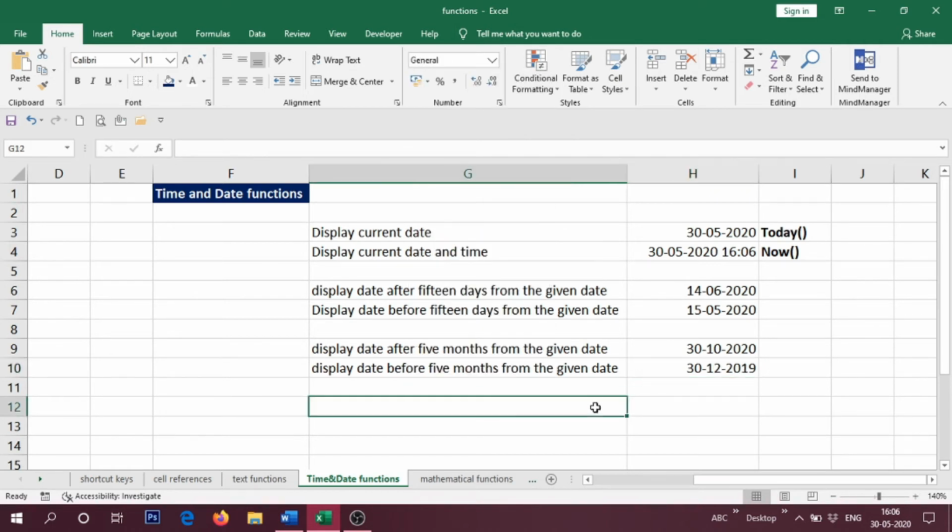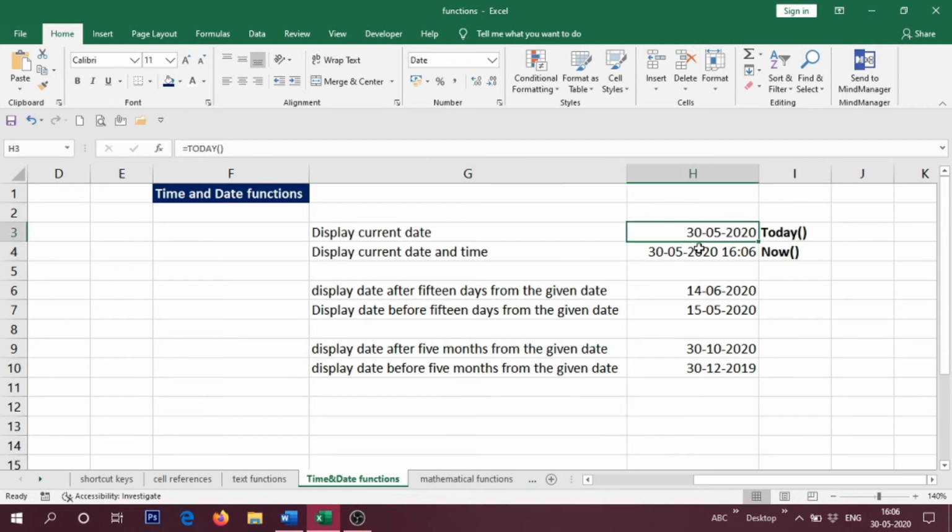These are the time and date functions basically we will be using mostly in the Excel sheet. Only these two are very important. We'll be using these two in your sheet to add date and time. Correct, it will be changing. Today you are seeing 30. Tomorrow if you open the same sheet you will see 31st. Next day if you see, you will see 1st. Like that it will change automatically, because we have applied a formula. We didn't type the numbers directly. We have applied a formula. So the formula will work according to the system date.